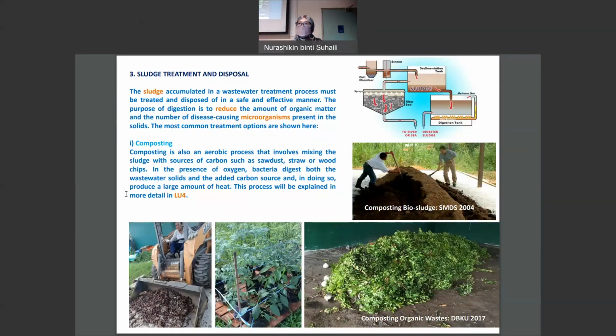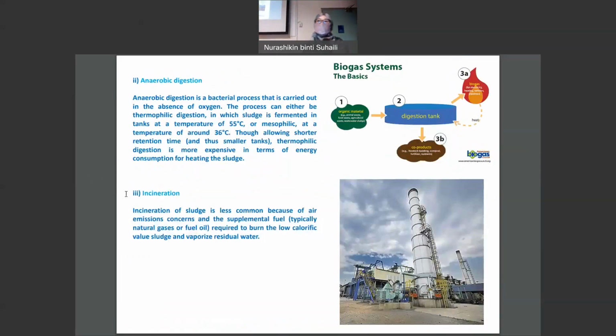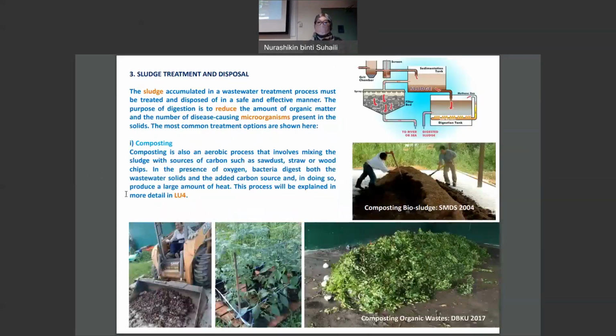Do you know composting? Compost, yeah. Composting is the process of making the compost. And apart from that, the composting one is actually the cheapest way. It doesn't involve high-tech equipment. Okay, so